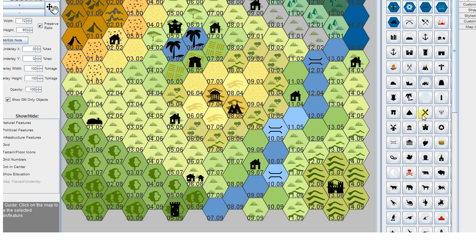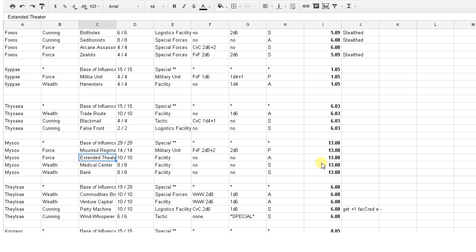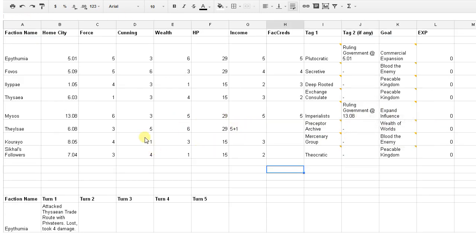That way, how should I mark this? Village, town, battle. Let's mark with a point of interest. Okay, 1107. And that will cost them 1 fat cred. It only allows for 1 per turn. But that means next turn,